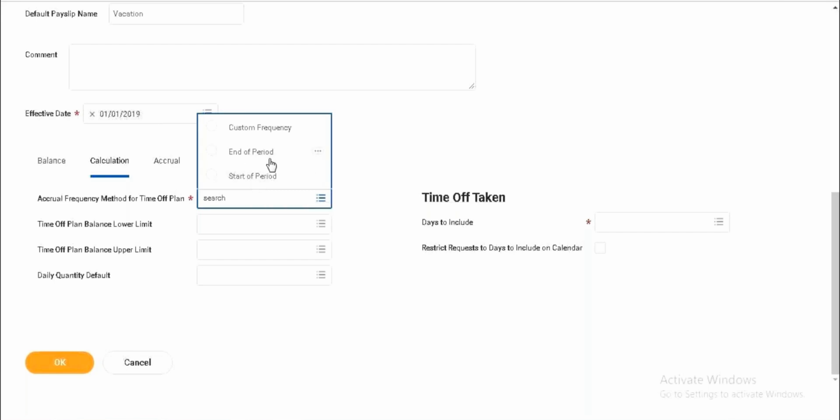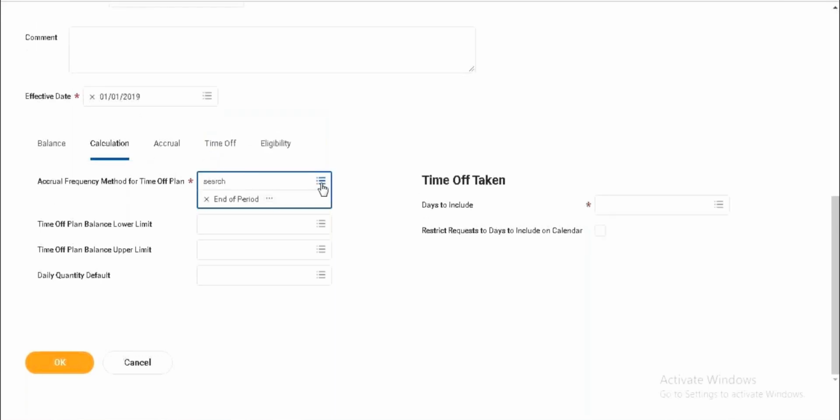Okay, if you take it as end of period, it comes when you complete that period, like January 2nd if you are going to complete. So that will be end of period. So January 3rd will become the start of period, and accrual will be like whatever 10 days or 20 days, like whatever the amount is given, that will be credited on the first of that date, like when you complete this end of period. Okay,